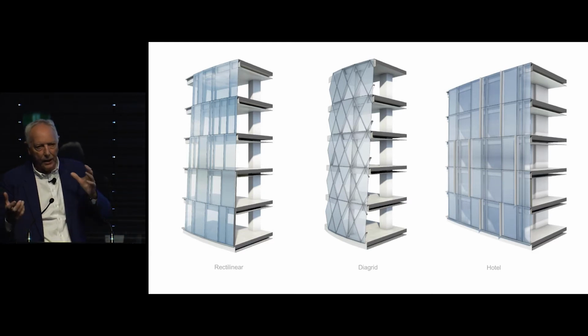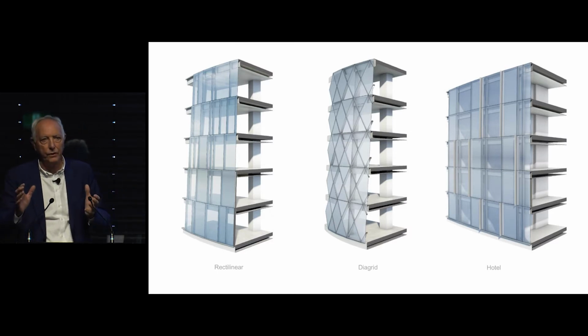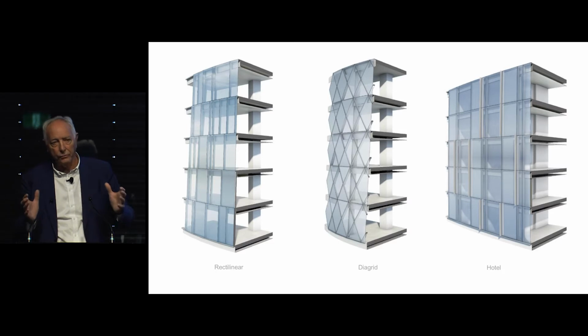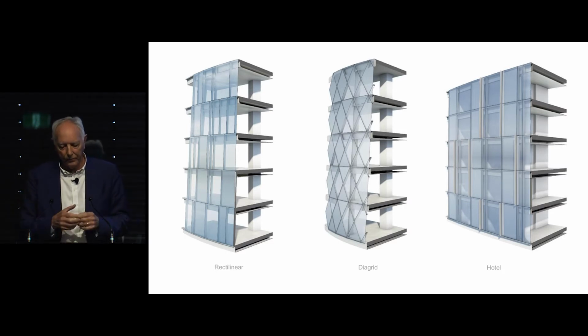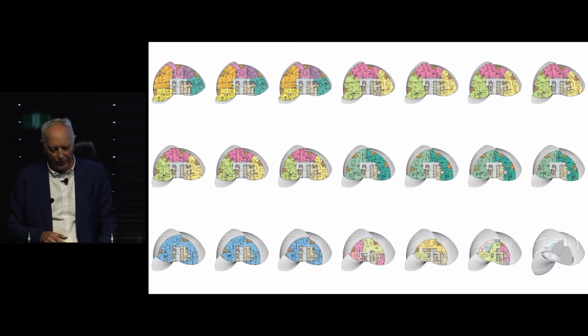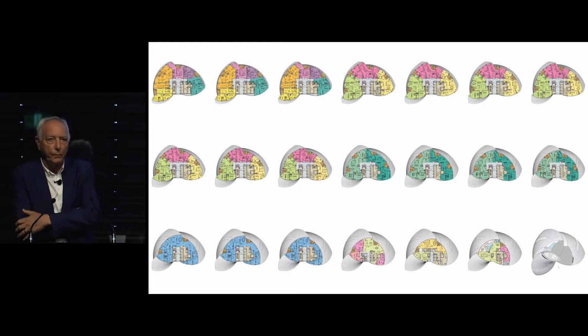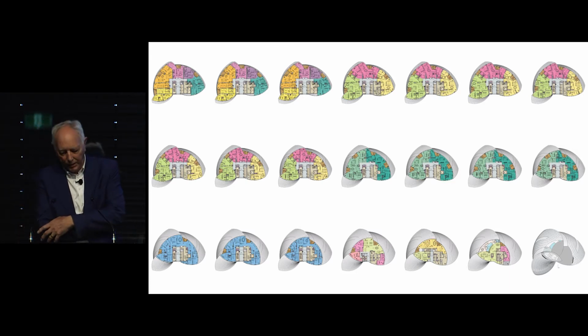But I like that. I like the idea that we have different glazing systems for different reasons in different places. It gives it a sort of interesting diversity, really, and quality. So the other aspects to do with the shape are that each plan had to be